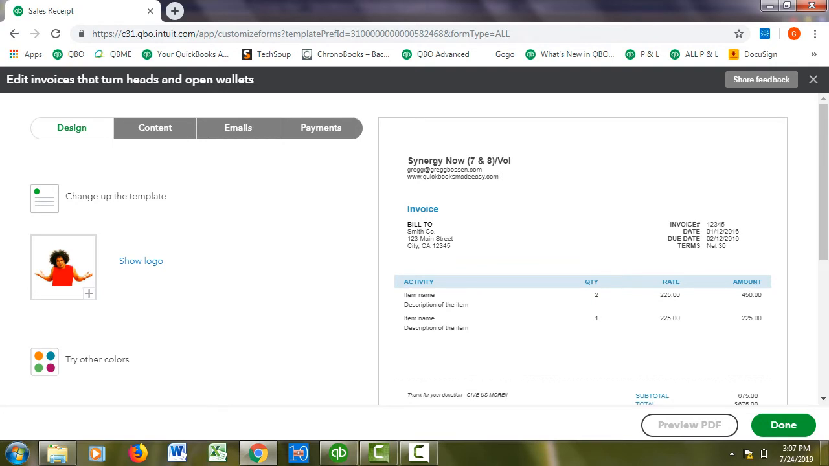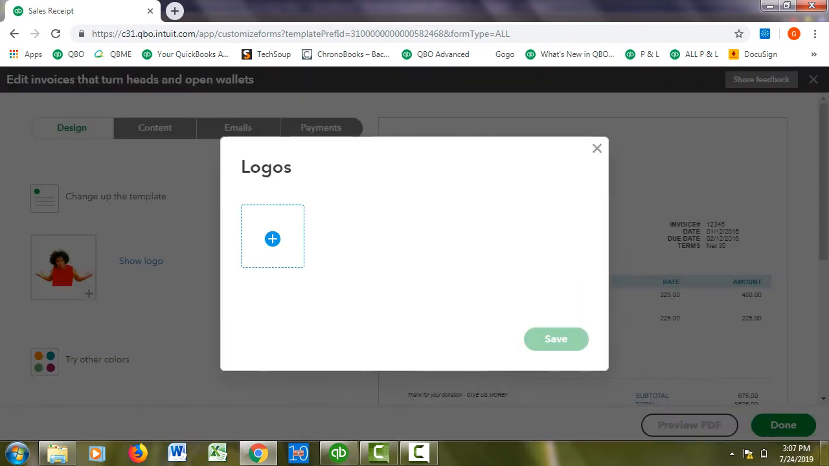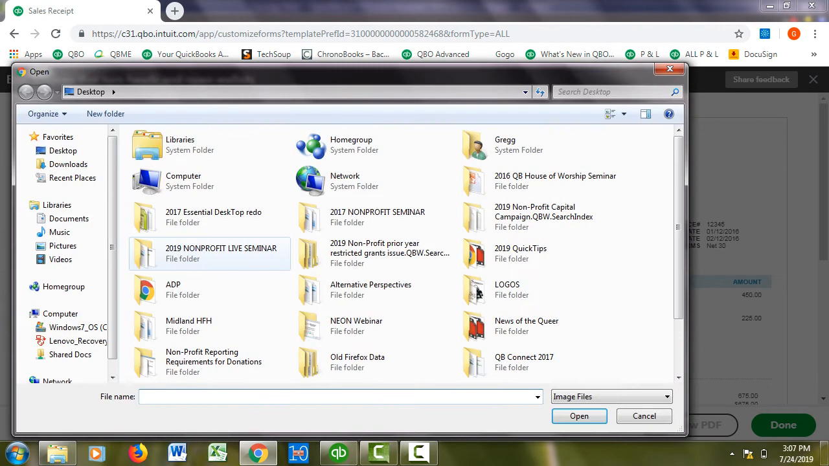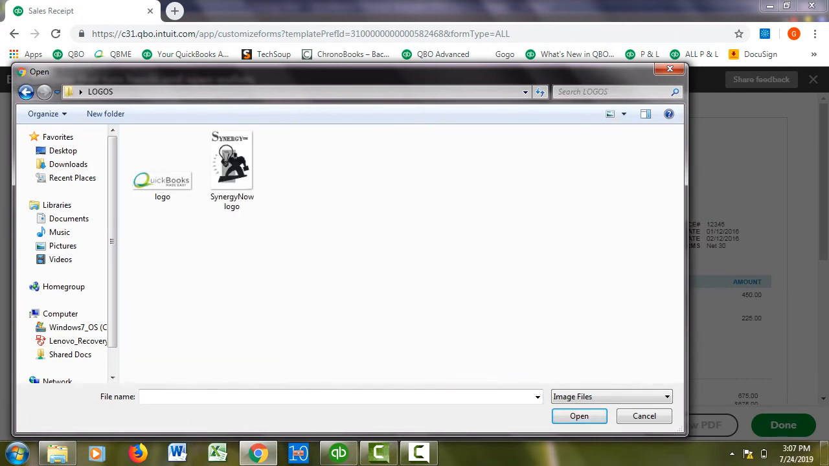But when you do this to your file, if this doesn't have a picture on it, or if you don't like the picture that's there and you want to change it, you just simply click this plus sign, and then you click plus right here, and then you browse to where your logos are on your computer. So I have them in a file called Logos. It's a pretty good name for it, don't you think? So here's my little logo right here, Synergy Now. I'll click Open,